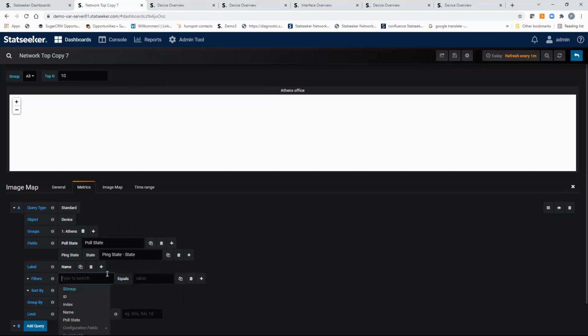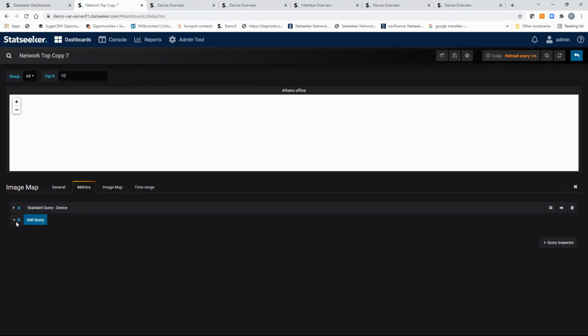In terms of filtering, if the poll state is on, then we're good. And if it's not, I'm not interested in reporting on that. So that's the first query done. That tells me device is up or down. The second query is